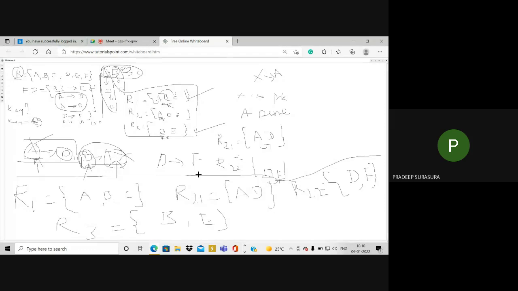The problem will be given like this: R is equal to A, B, C, D, E, F. AB determines C, A determines D, B determines E, and D determines F. Deduce the key and normalize R to its highest normal form. The moment you get this question, first deduce the key, and you find the key is AB. Write down the first normal form definition. After that, write down R. In R, we observe that all the values are atomic, so R satisfies 1NF.